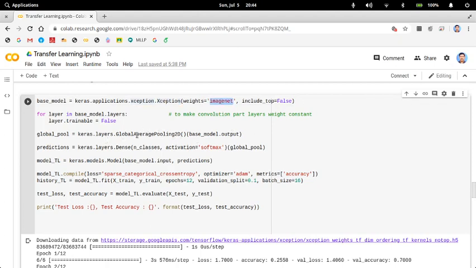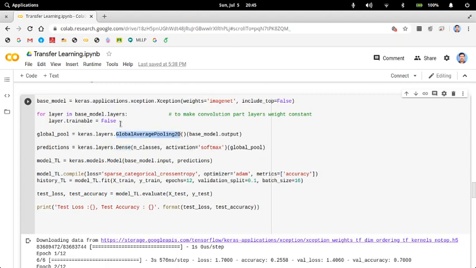These weights need to be downloaded for running your application. To use those ImageNet weights as they are, then you do an average pooling and you create the predictions.